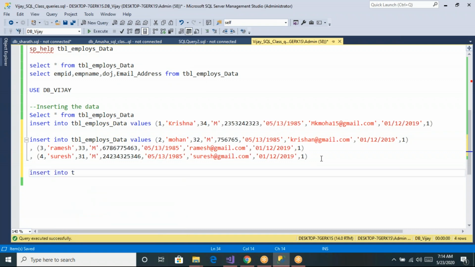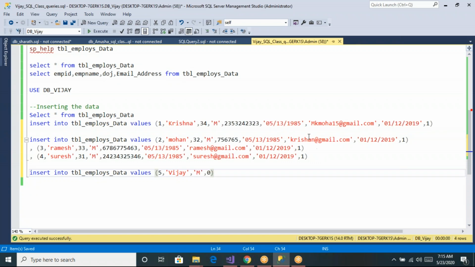Let us say insert into table name values, employee ID 5, something like Vijay, some name. My manager has provided the employee ID, his name and gender, and whether he is an active employee or not. So let us say active as 0.